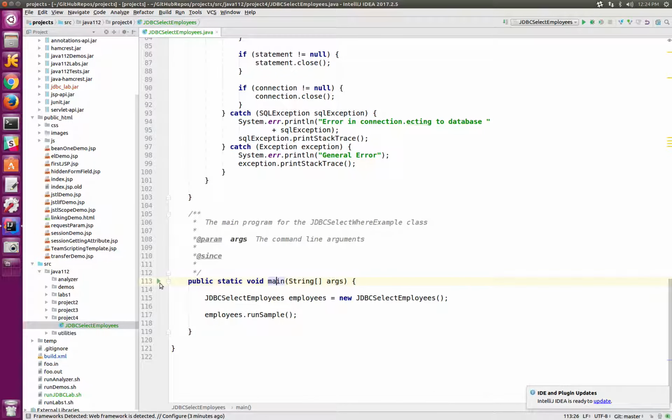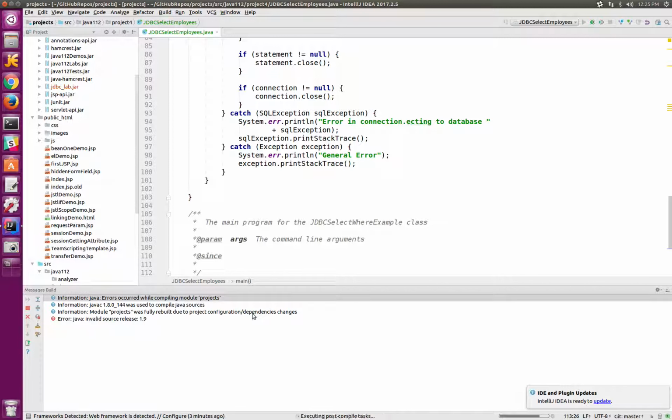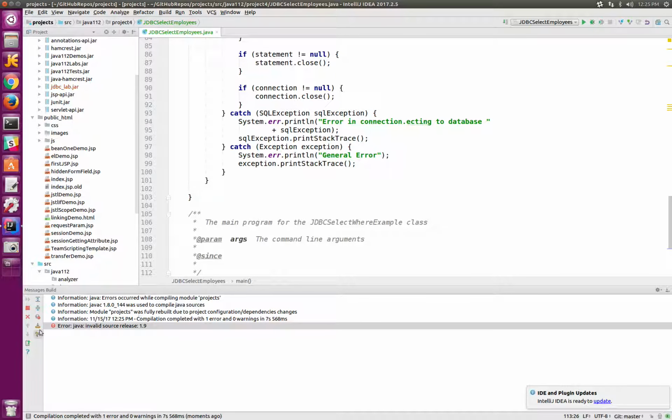Now I see my little green arrow showing up here, so I can go ahead and choose to run, and we'll come back to the debug option in a little bit. So I'm going to go ahead and run. We see things chugging a little bit longer. It did the build, and now I've got an error when this tries to run that says invalid source release